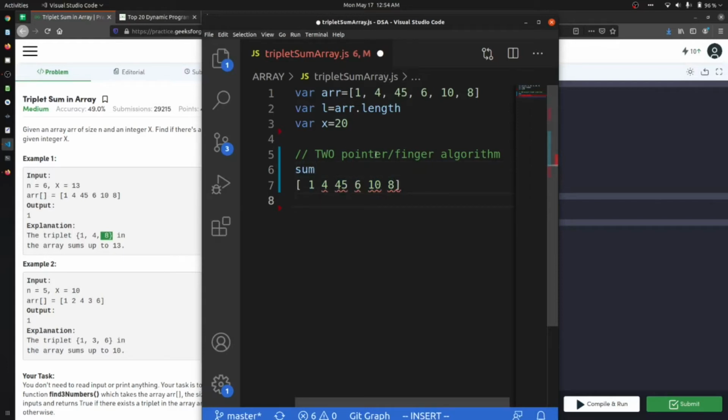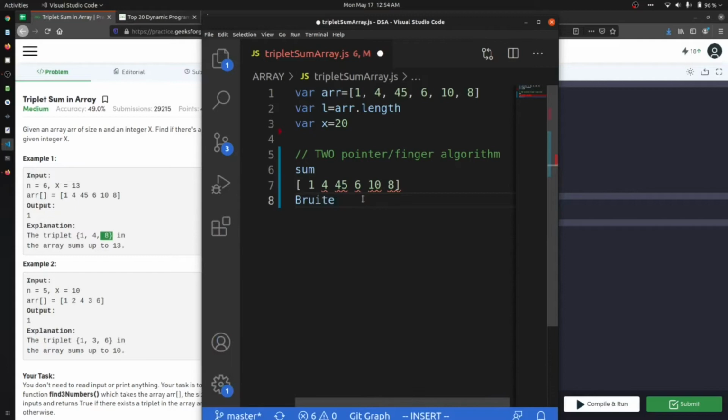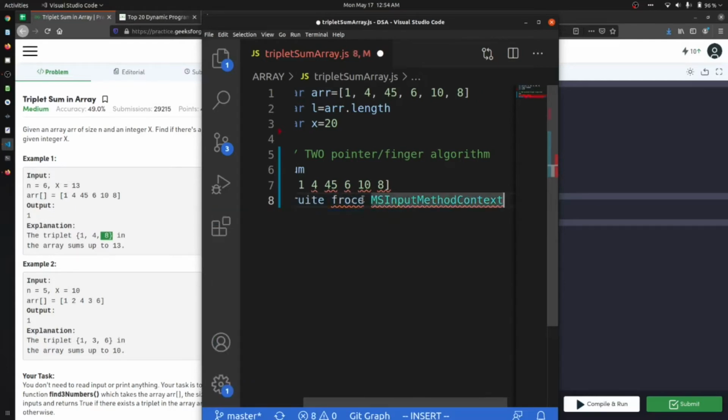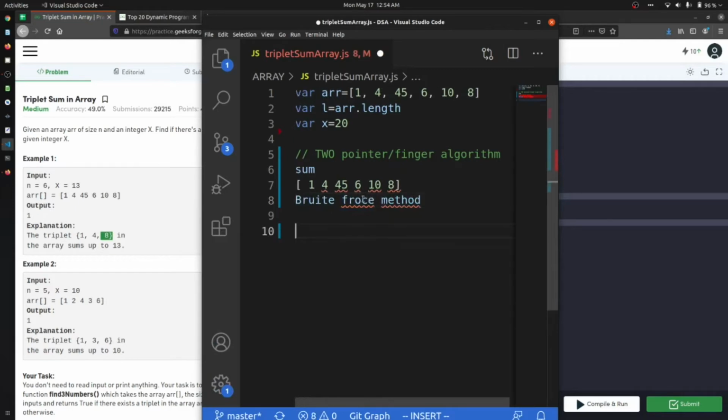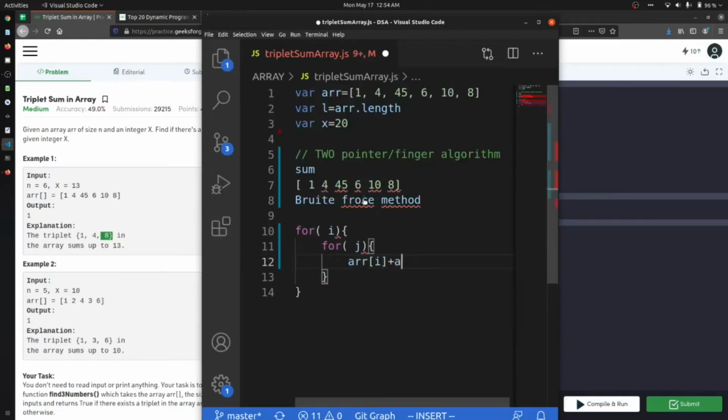Let's start with the brute force method. If I go with the brute force method, I will start a for loop i, and again a for loop j, and I will check whether array at i plus array at j sums up to sum.